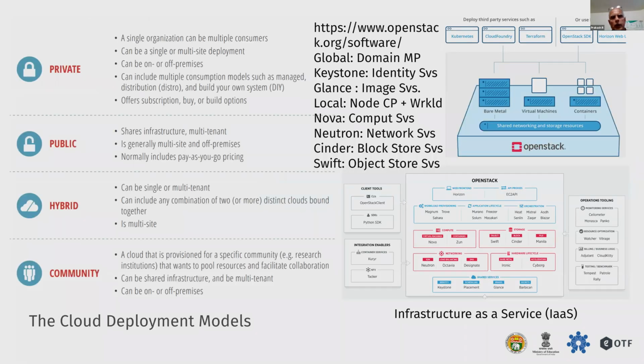The next one. So at this stage, we are almost 20 minutes into the presentation. So I will get on to the